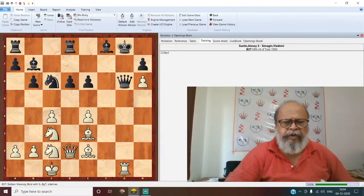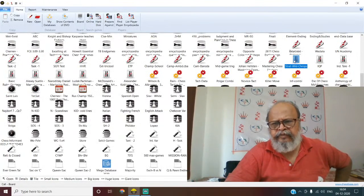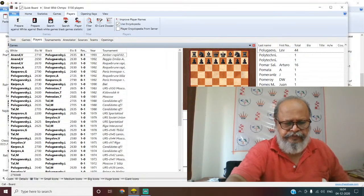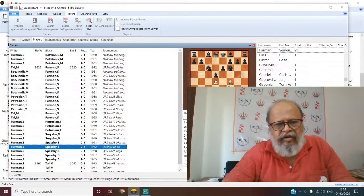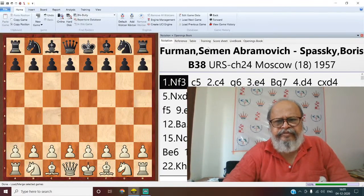Now a move like g4, for example. Maybe you can see Spassky-Furman, how he did not make such a move, then f5, and then the center was blown. I must show you. I hope it is there. Furman, and black is Boris Spassky. Not this, not this, not this also. Probably this one. Probably this. This is the one. See,